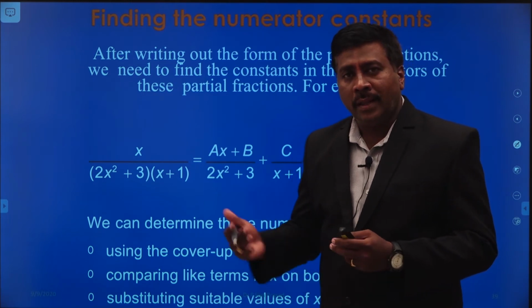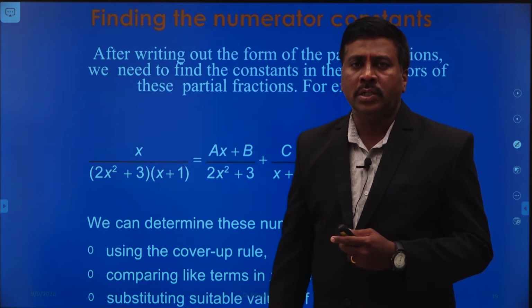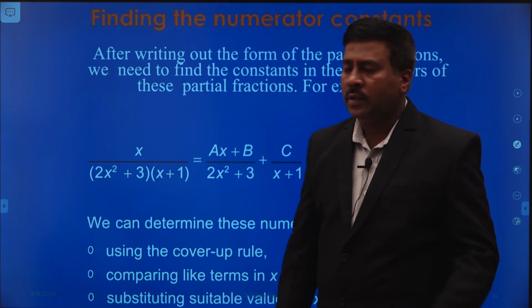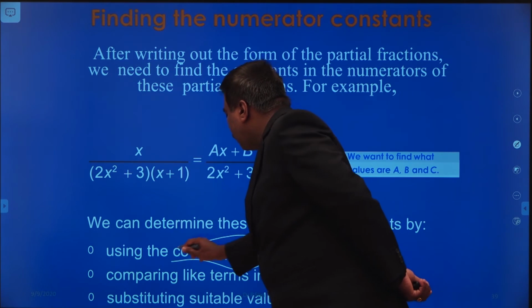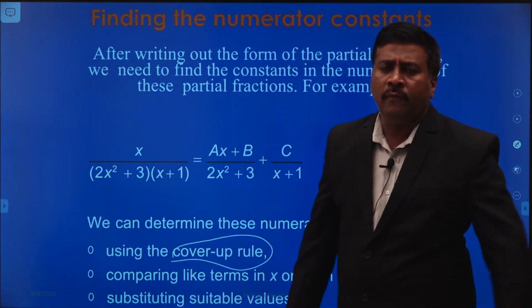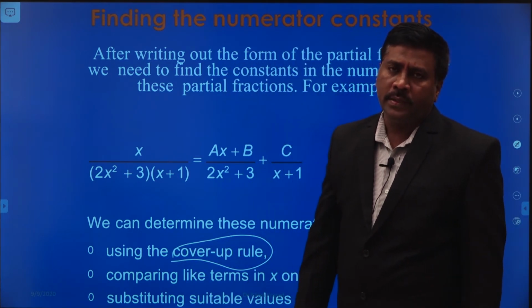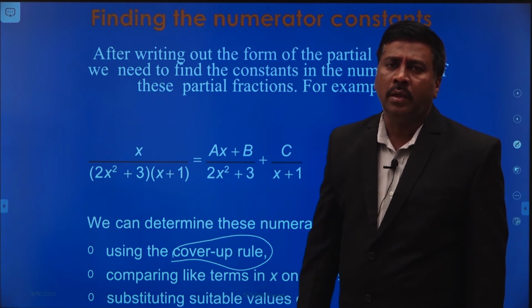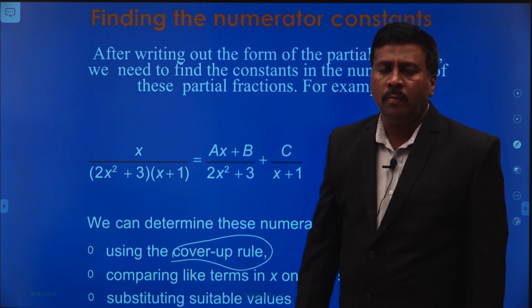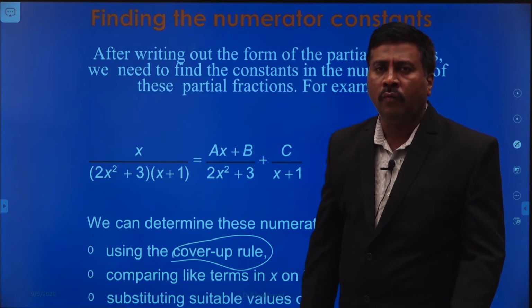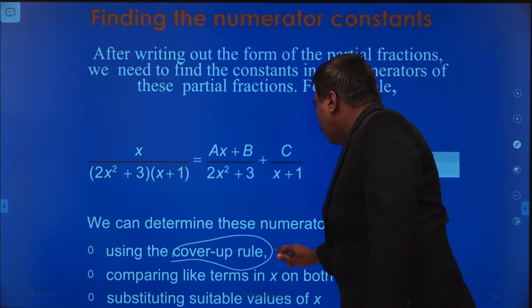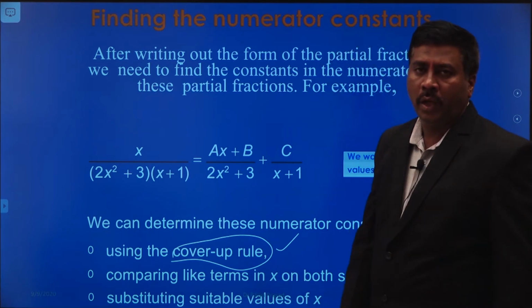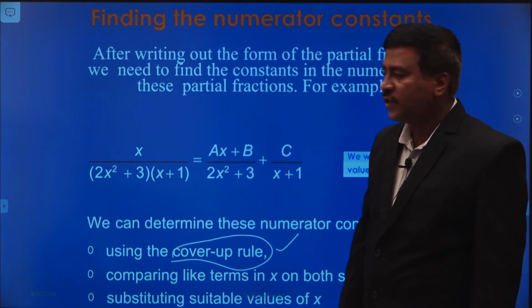But there is another technique also for finding the constants a comma b comma c. That is called the cover up rule. So I think this may be useful as a shortcut method only. Suppose if the problems are asked for 1 mark or 2 marks or like that, then only you have to apply the cover up rule to find the constants a comma b comma c. Okay, this technique you have to apply here in this session.